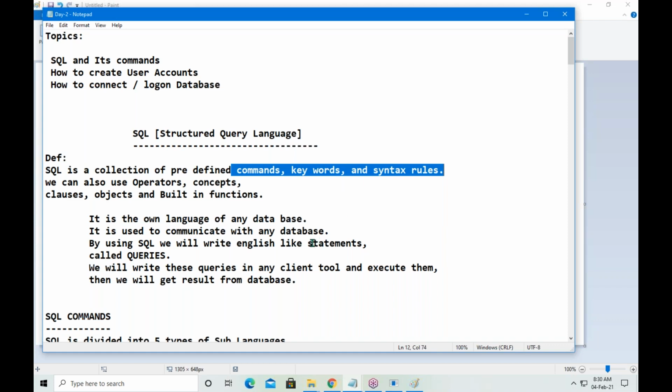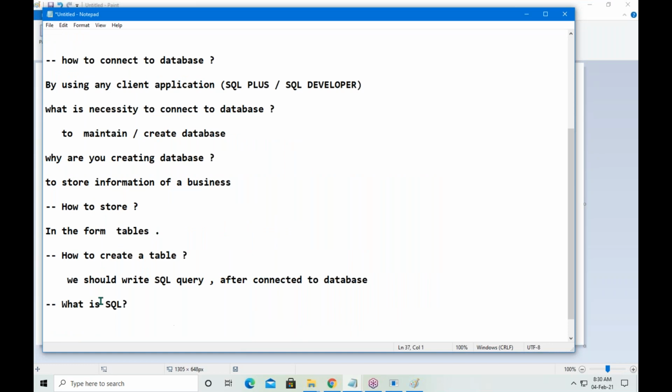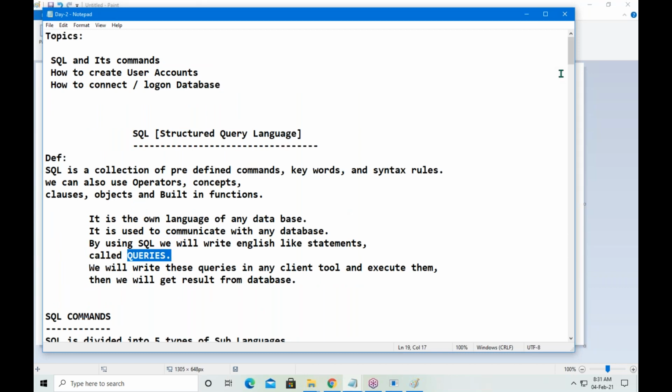A statement is nothing but a sentence. The statements are known as queries. So where should I write these queries? These queries we are writing under SQL Plus. Under any client application, we can write queries and also we can write programs.